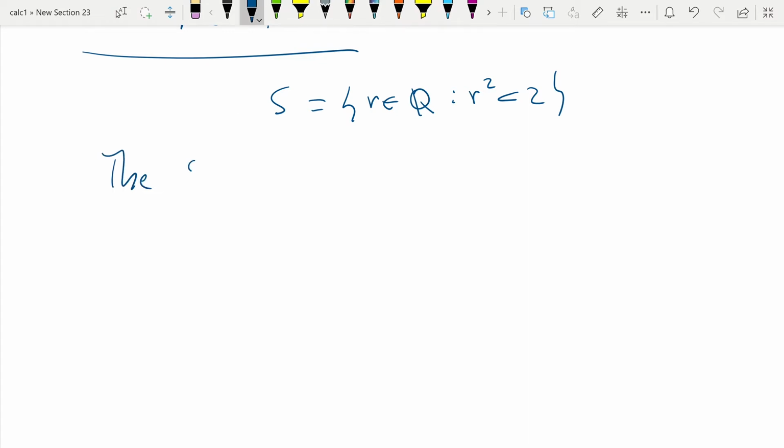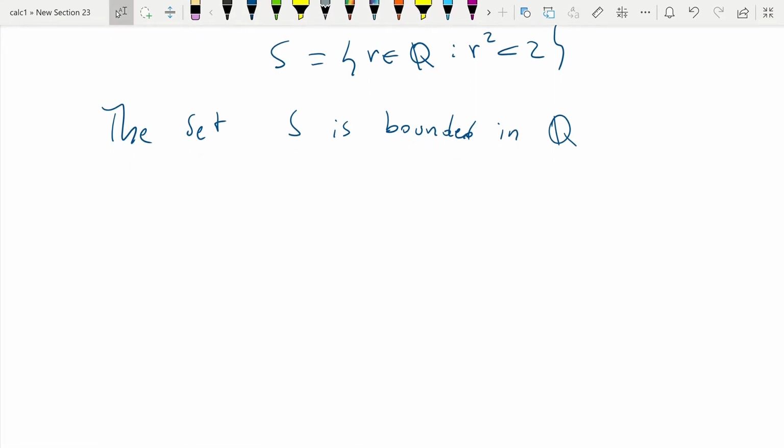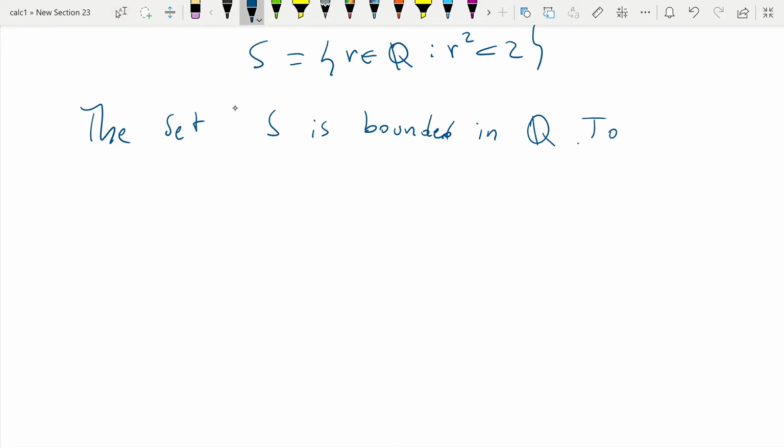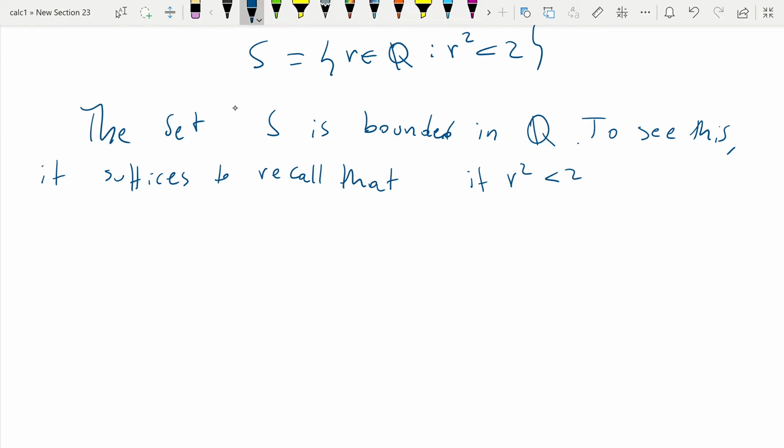The set S is bounded in Q. So we'll restrict the discussion here to Q. To see this, it suffices to recall that if r squared is less than 2, then r is less than 2 itself. And why is that? Because